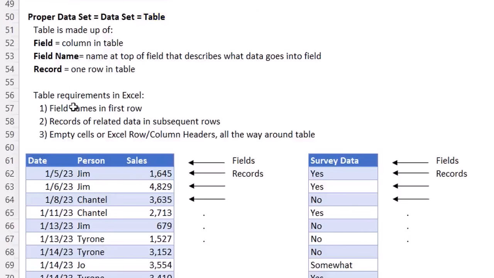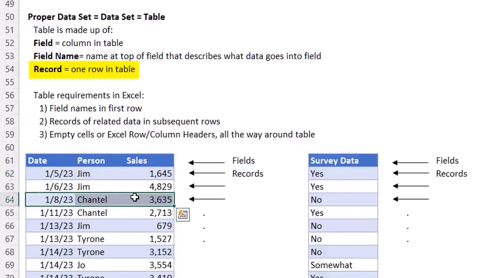That's a table. A table is made up of fields. That's a column in a table. Column 1, 2, 3. But we don't call them column 1, 2, 3. We have field names. This is really important because it tells you what data to put into this column. And later when we're accessing data in this table, we say, hey, I want to look at the date field. So these are called fields, sometimes also called column headers or headers. And then a record, that's each row in the table. Each row in this case